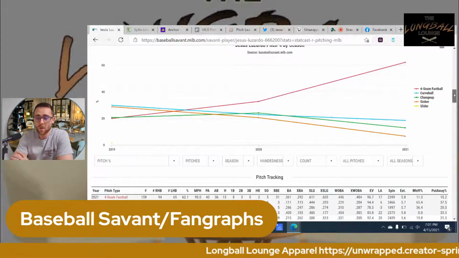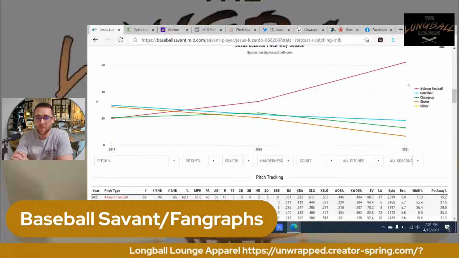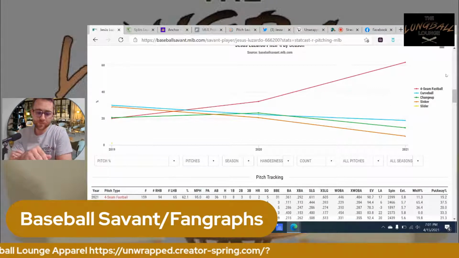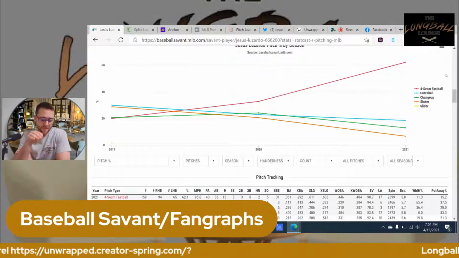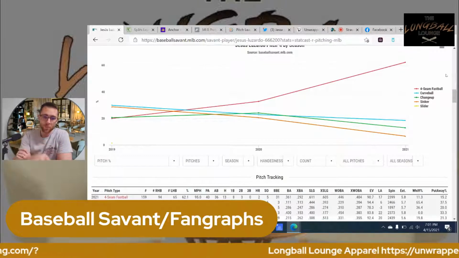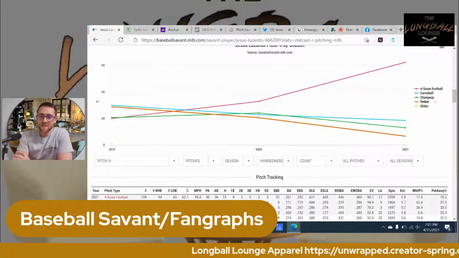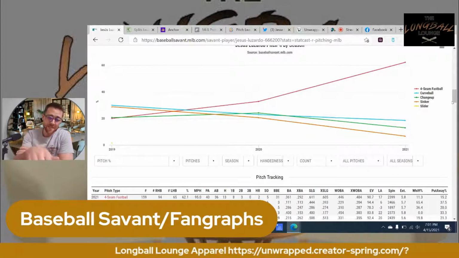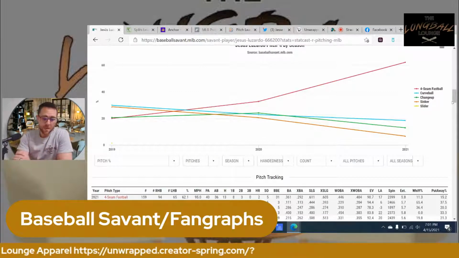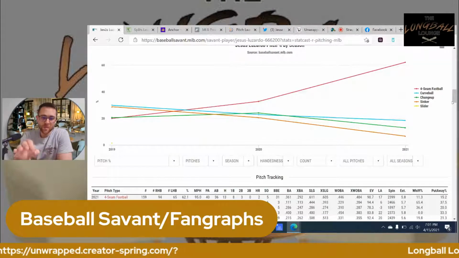And what I also want to pay attention to here is, if you think about it, a four-seamer is normally best when it's rising. It's got vertical movement to it. A sinker does the opposite. It sinks. Changeup, again, sinks. What's unique about those three pitches?